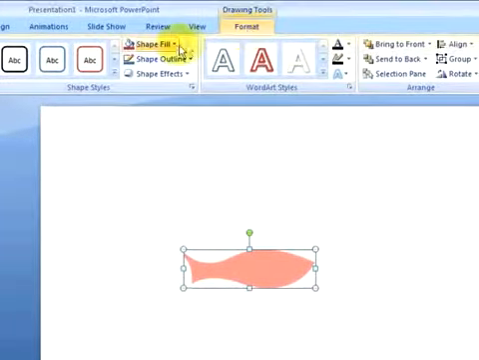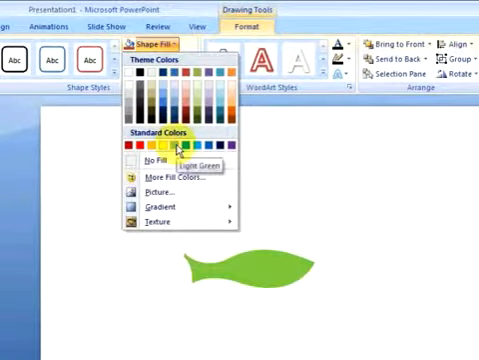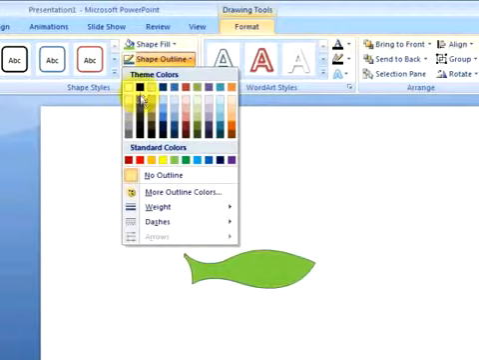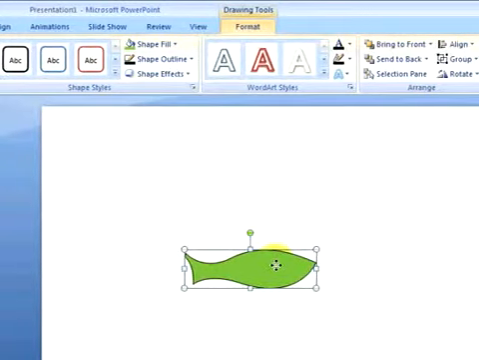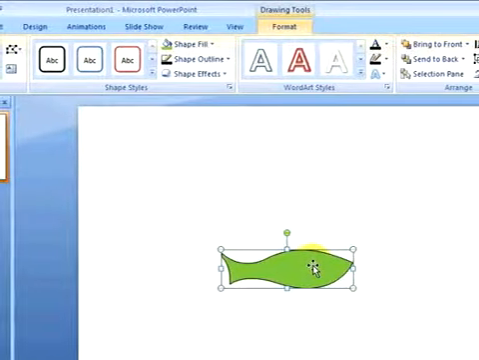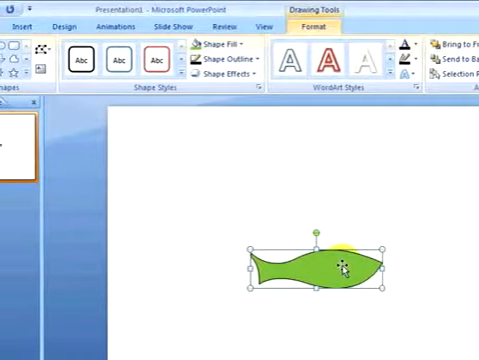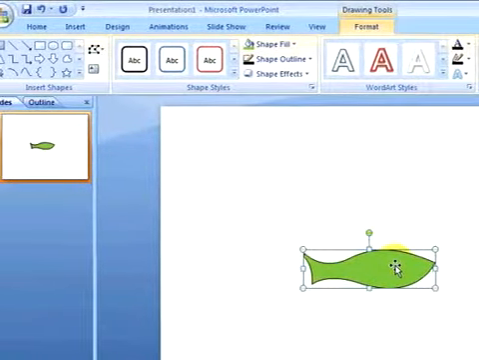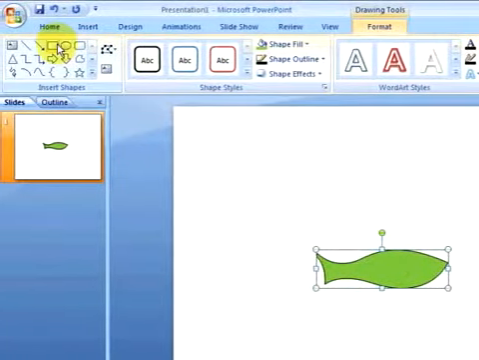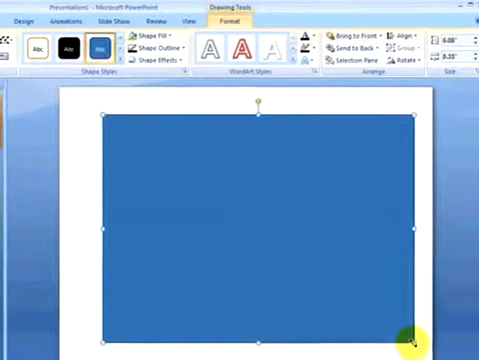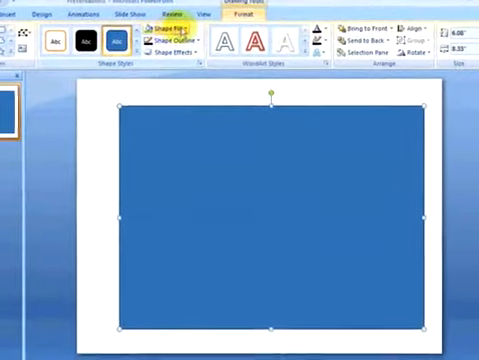I can go to the Drawing Tools Format ribbon. I can change the fill color. I can give the shape an outline. Let's say I want to take this image and put it inside a box to symbolize a fish tank. I can go to the Insert Shapes, and I can grab the square shape, and then I can draw a box. I can take this box, and I can change the fill using a gradient,